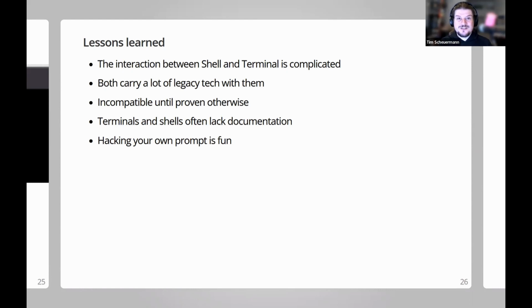But in conclusion, hacking your own shell, your own prompt, is fun. Now if I have a new thing that I want to display in my project, I can just put it in my own prompt creator, my prompt program, and it will just work. I encourage you to keep hacking, do the same. Maybe write a completely different prompt implementation. There are plenty of different ones out there